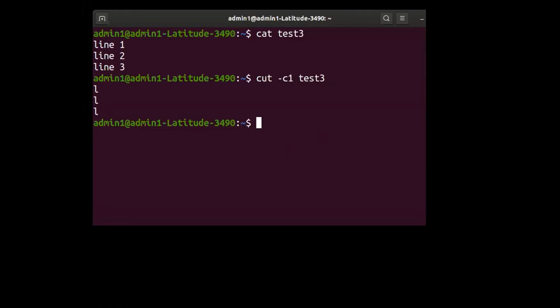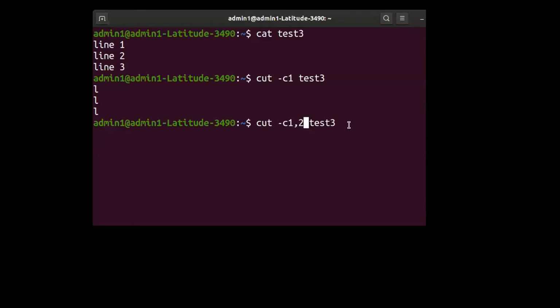Right? Now, before proceeding further, let me also have one more. I say 1, 2. Cut the first two characters of file test3. When you make a statement like this, cut the first two characters of file test3, all the lines of that particular file come into picture. Whenever you say file test3, by default, all the lines of that file are taken, which is as good as telling cut the first two characters of all the lines of file test3.